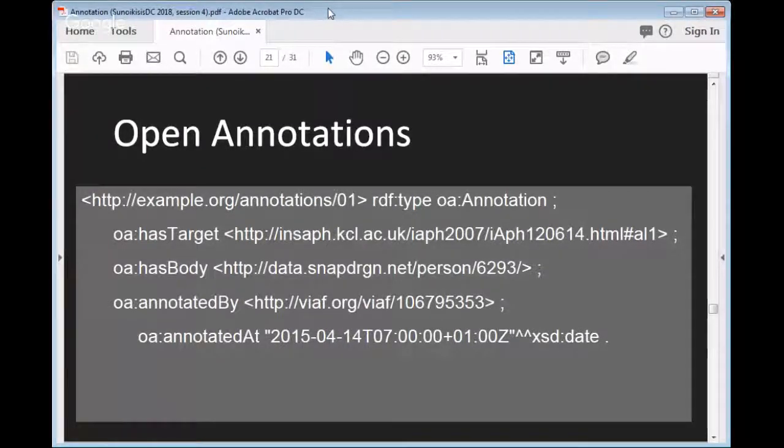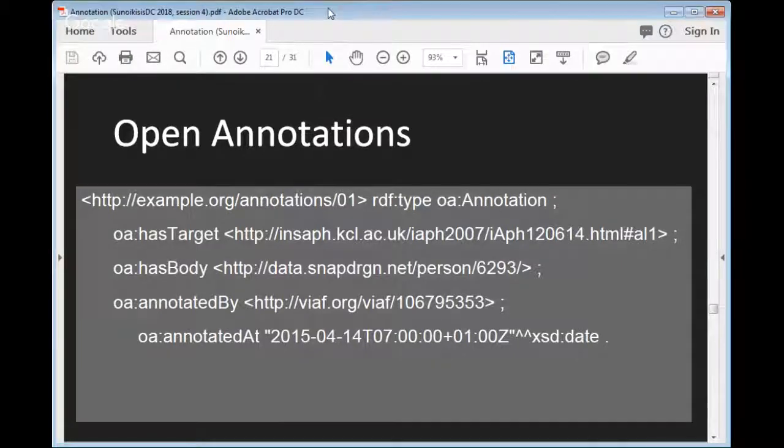I can assure you that's a lie. I've never created an annotation at 7 a.m. I'm seldom awake at that time. So as with any piece of communicatory act, it doesn't have to be true. So this is the RDF saying exactly what we said in human readable language a few minutes ago. That we've created an annotation on this line of an inscription that tells us it is this person in this person disambiguation resource, and that it was annotated by this person in a different person disambiguation resource for modern persons, and the exact time, date and time that the annotation was made.